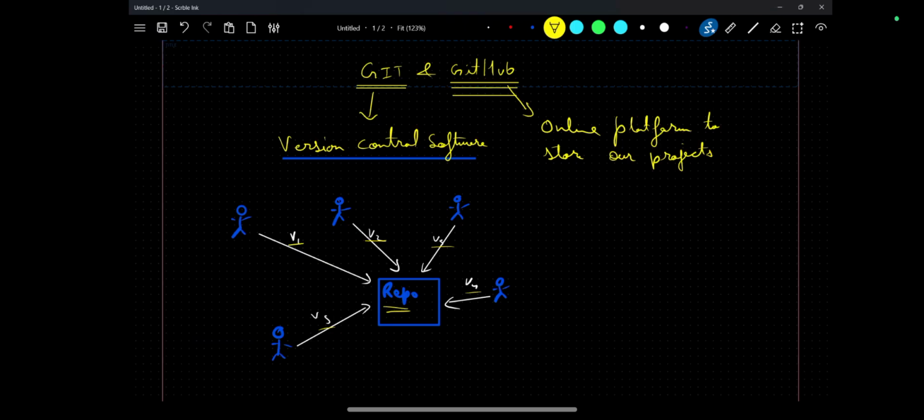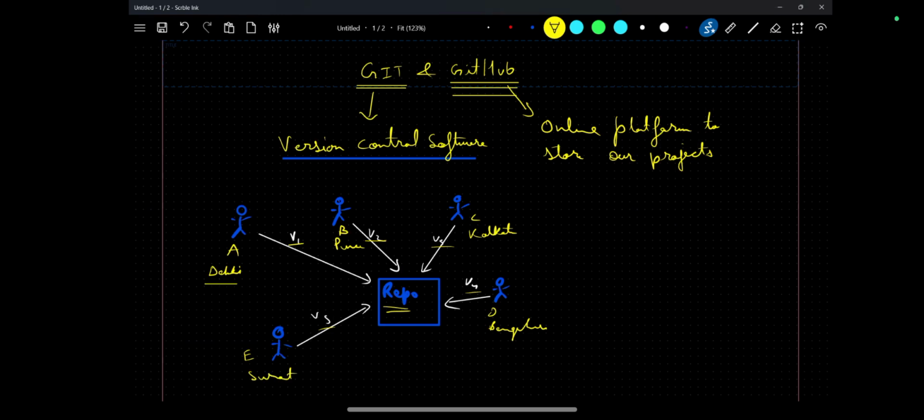Now, let's say guy A lives in Delhi, guy B lives in Pune, C lives in Kolkata, D lives in Bangalore, and E lives in Surat.